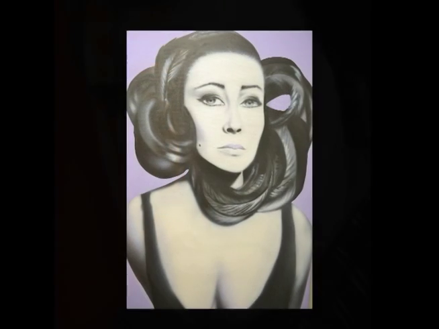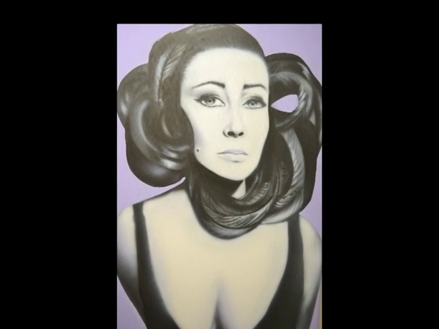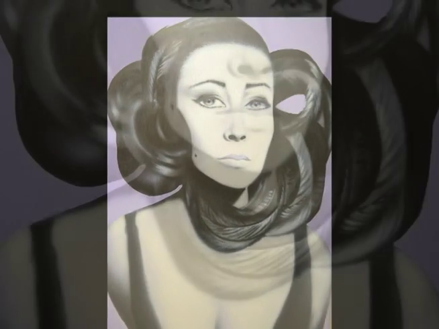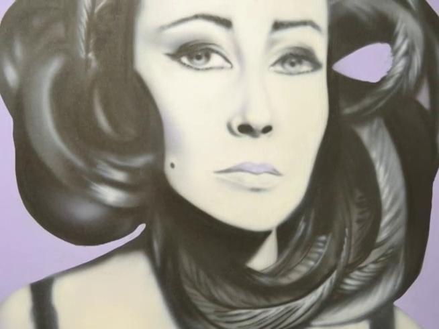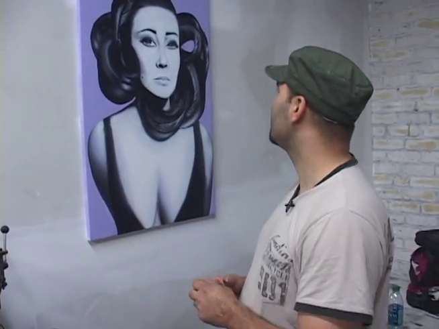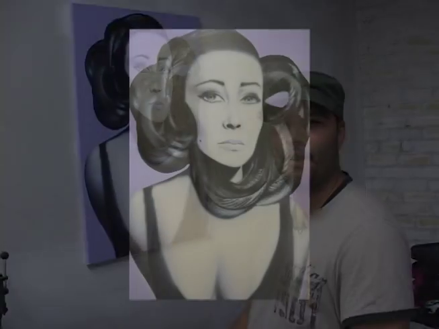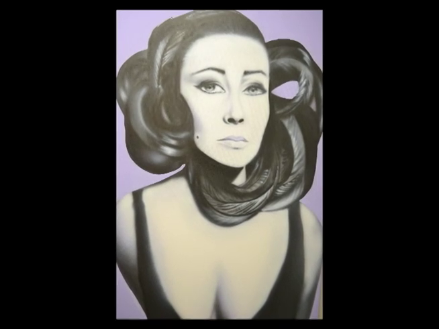This is a painting I did, Liz Taylor. It was done in acrylics and airbrush. This is the young Liz Taylor, very beautiful woman. And I was really intrigued by this picture. I was flipping through a magazine and I saw the picture of Liz Taylor this way that you see now, and said, oh, I would like to zoom in and just create a piece like that, something more life-size.